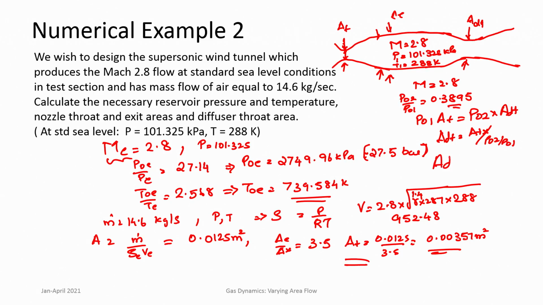Diffuser throat is 0.00955 meter square. So, diffuser throat is larger than the nozzle throat. So, the aspects of wind tunnel starting is considered here in order to look at the nozzle and the diffuser throat areas. With this the aspect related to starting of diffusers should be covered,